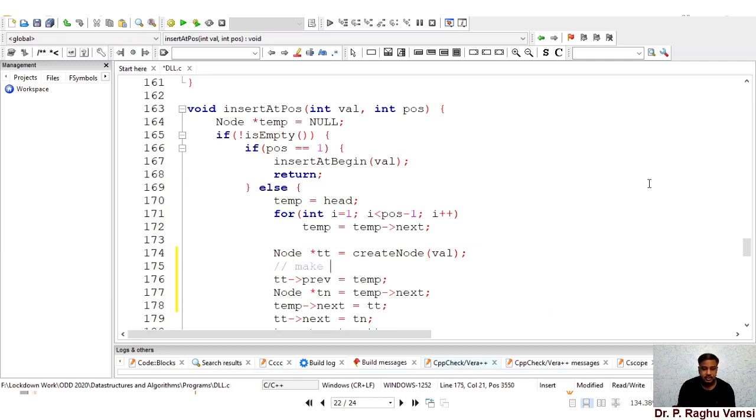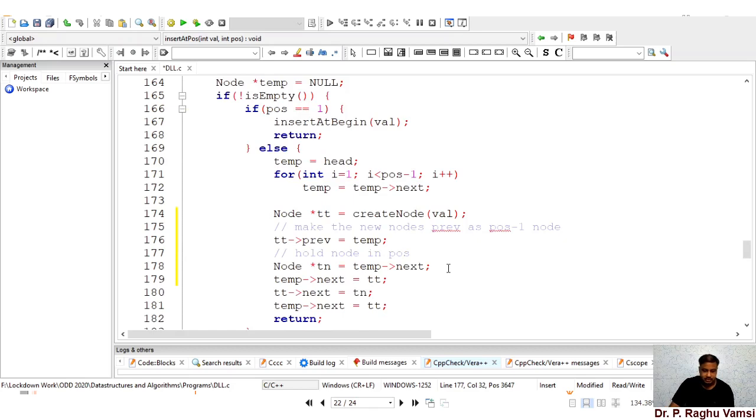Make the new node's previous the position -1 node, so tt previous is equal to temp. Then hold the node in the position, that is temp next, in tn.